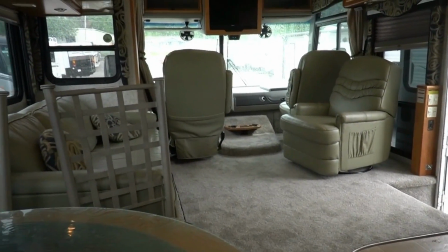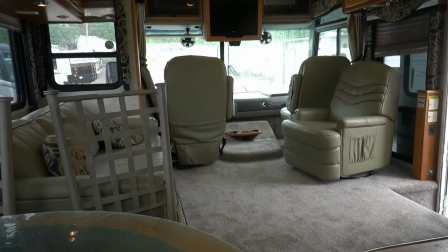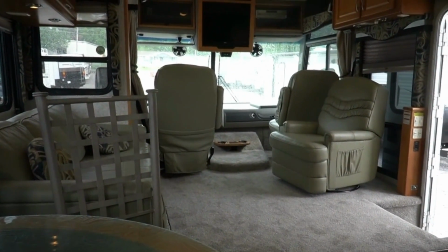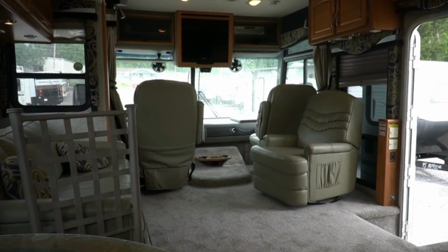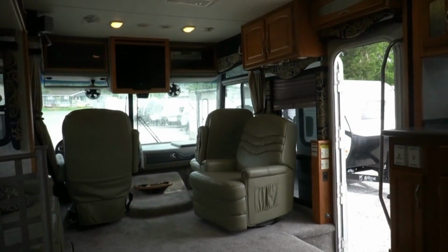But anyway, guys, it's a nice motorhome. I can't stress to you how nice this RV is for under 30 grand. Triple slide. It's got all the check marks, in most of them, for most people. If this is the floor plan you're looking for, and it's the price range you're looking for, take a long, hard look at this one. We're going to give you some other nice benefits too for that $29.9 haggle-free price, including